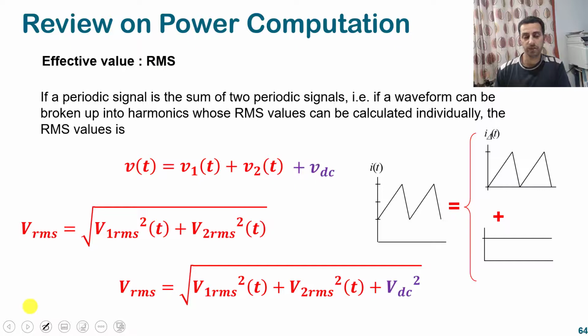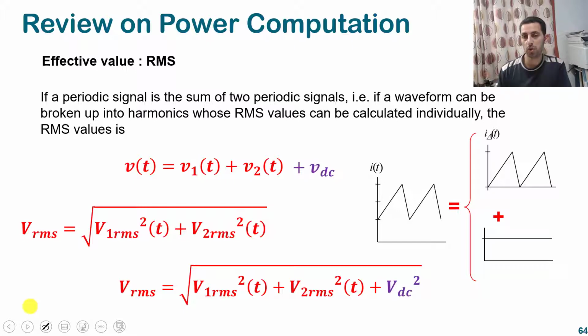Hi, this is a continuation of the last lecture about power commutation or waveform commutations. Today we are going to talk about the RMS values, and we will cover some examples. Last time we talked about how we compute the RMS value for a signal and what the rule for this is. Also today we are going to cover some examples and different waveforms just to make you confident with these